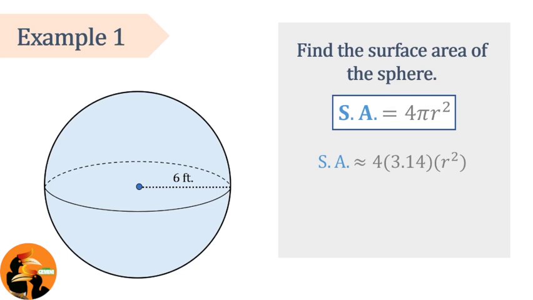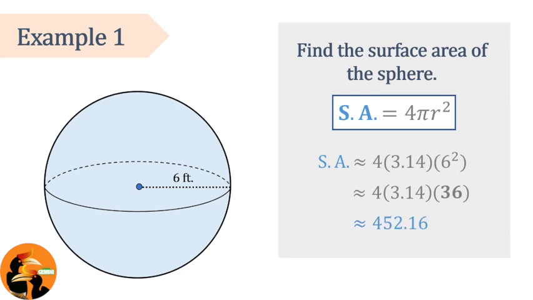Next, what is r? We already established that the radius, as shown in the figure, is 6 feet. Let's plug that into our formula. Solving for the surface area now, we first want to square the radius. 6 squared gives us 36. Our next step is to multiply. Multiplying 4 times 3.14 times 36, we get